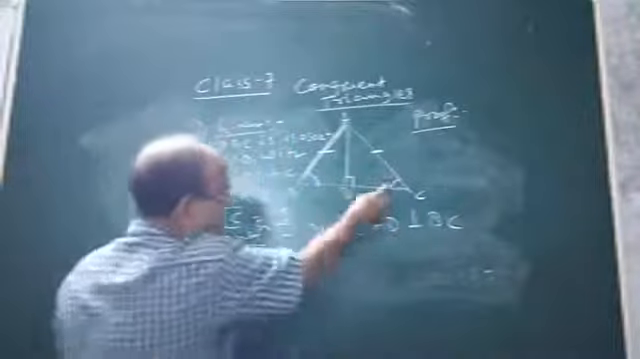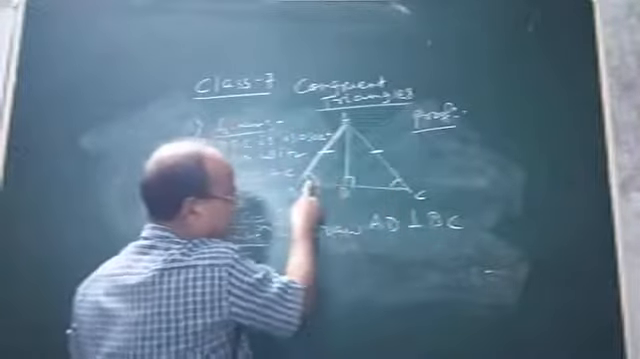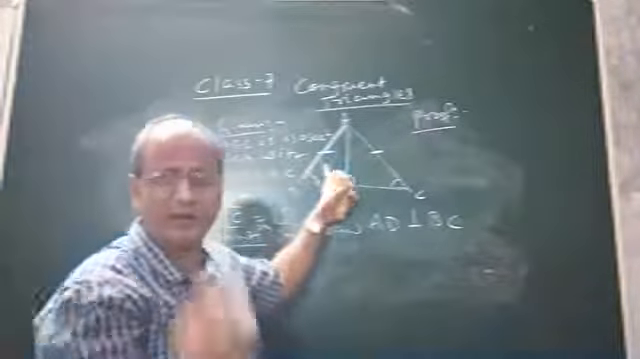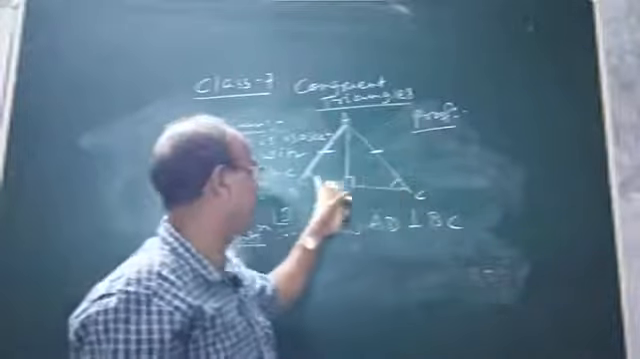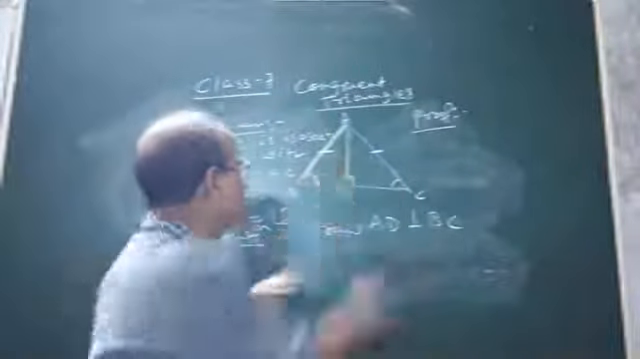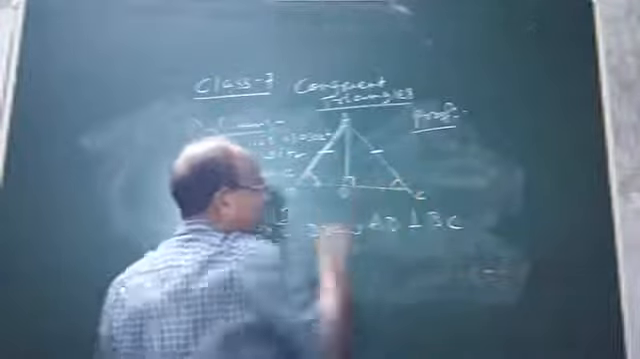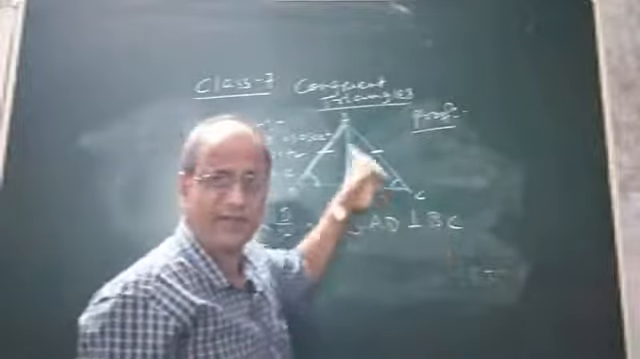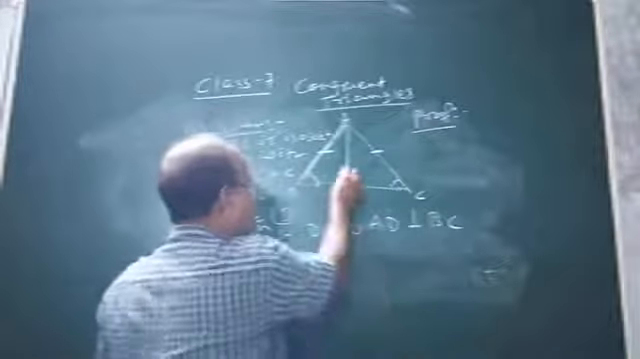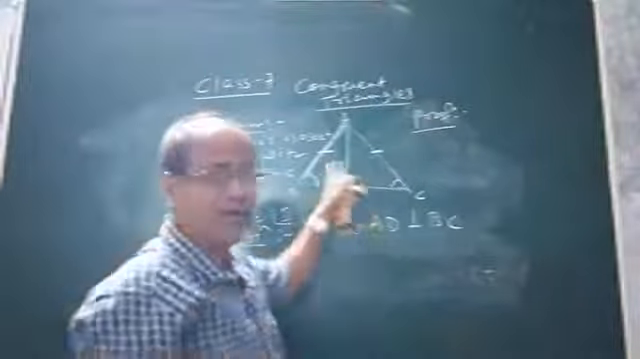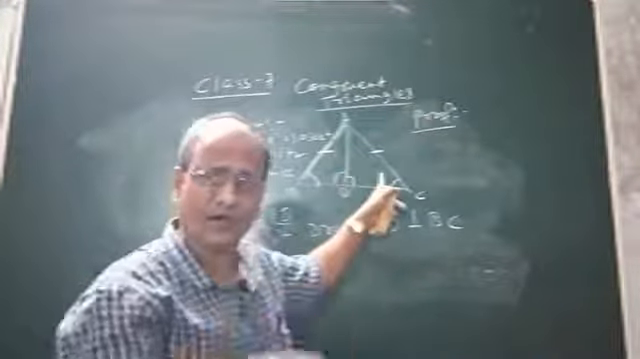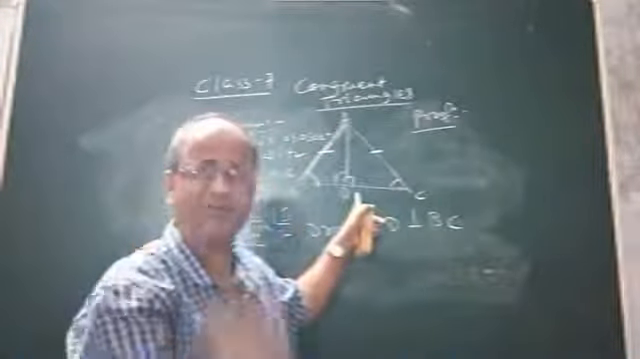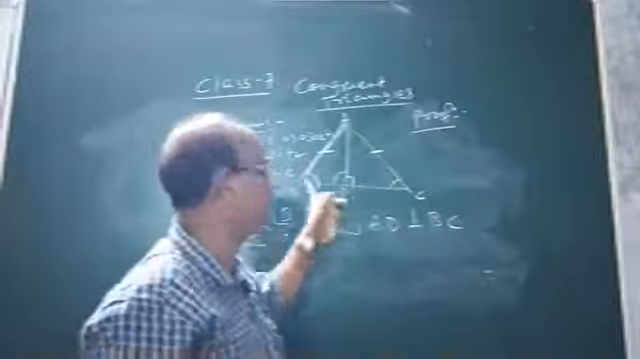See, now in order to prove, what is our aim? Our aim is to prove angle C equal to angle B. We are given AB equal to AC. See children, by drawing the perpendicular AD to BC, triangle ABC has been divided into 2 right triangles. This is also 90 degrees. Now if we can prove that triangle ABD and triangle ACD are congruent by any means or any method, then automatically angle C will be equal to angle B